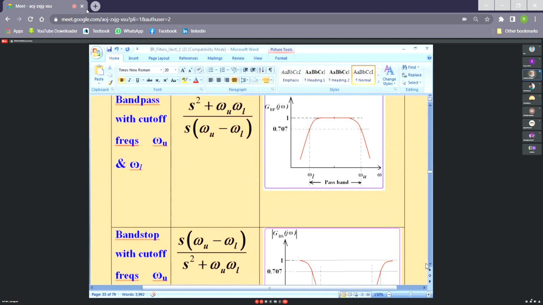And lastly, the bandstop filter. Remember that the order of the system gets doubled when you transform from a normalized low pass filter to a band pass or band stop filter. To a band pass filter, it gets doubled. If you consider a first order low pass Butterworth filter prototype, and make the substitution there to yield a band pass filter, that will become a second order system.